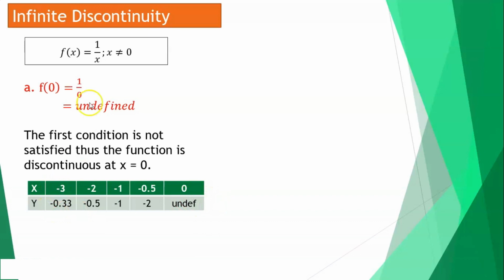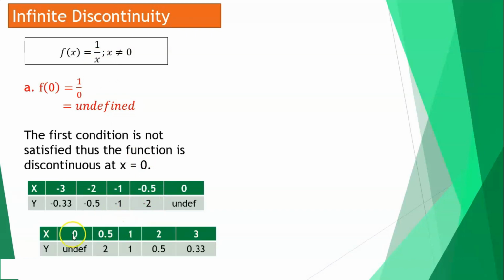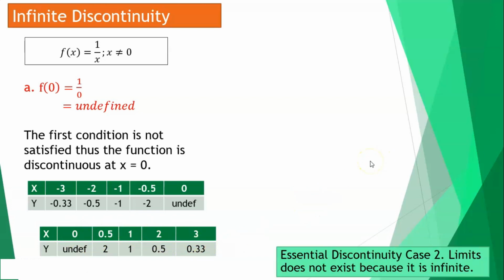If it's -3, that's -1/3. If it's -2, that's -1/2. So -1. So if it's -0.5, so it's -2. Now, finding the limits as x approaches 0 from the right, so we can have 3 to 1.5, then 0. So with this will be our values. So graphing this,